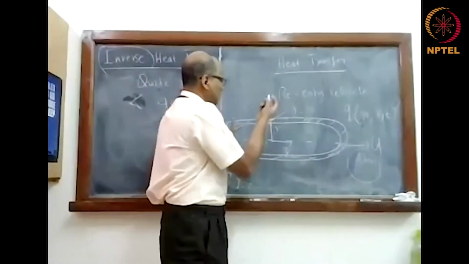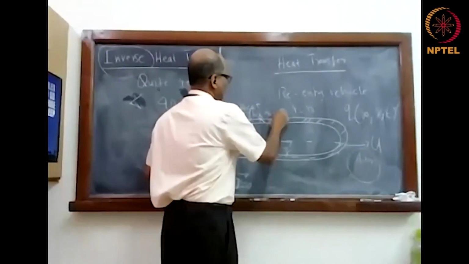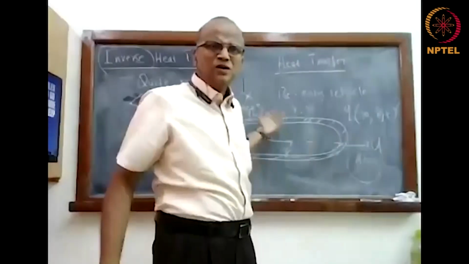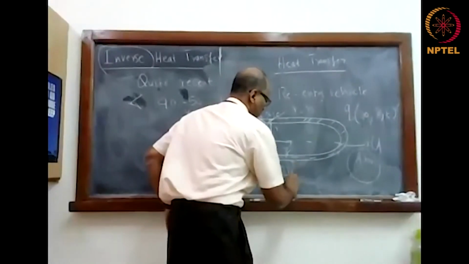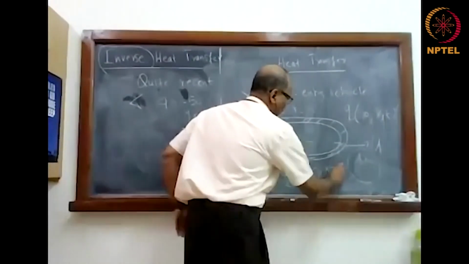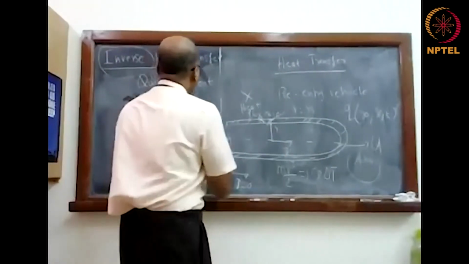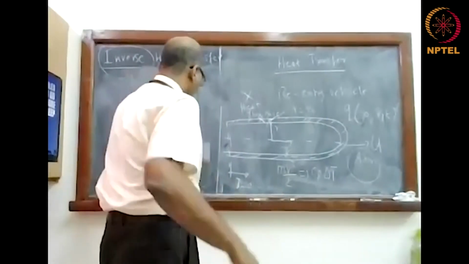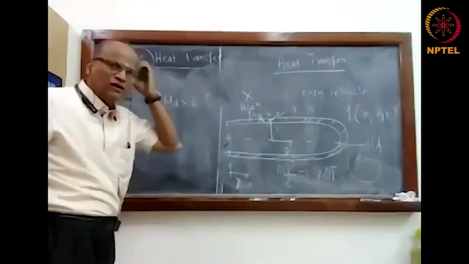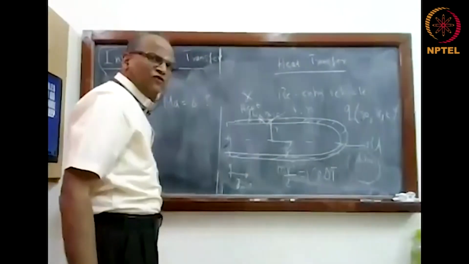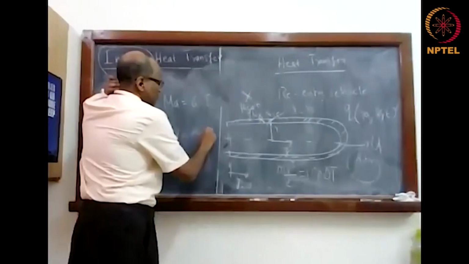If you put a heat flux gauge, it will be destroyed because it is terrific heating. Why is the heating terrific? Because mv square by 2 is converted to Cp delta T. mv square by 2 can be terrific. This V can be, Mach number is about 6.5. Mach number can be around 6.5 for a hypersonic vehicle. So V could be thousands of kilometers per second.